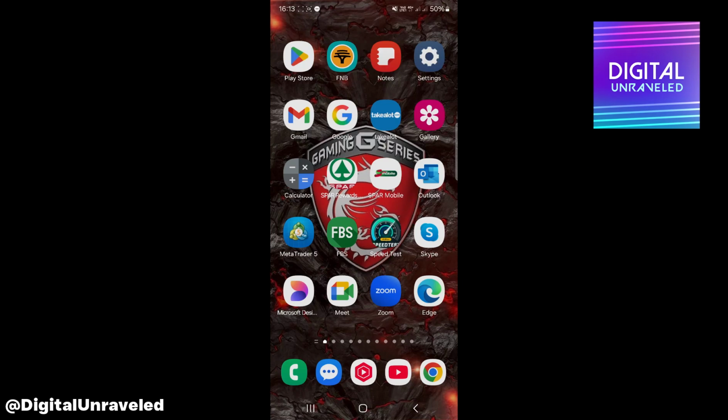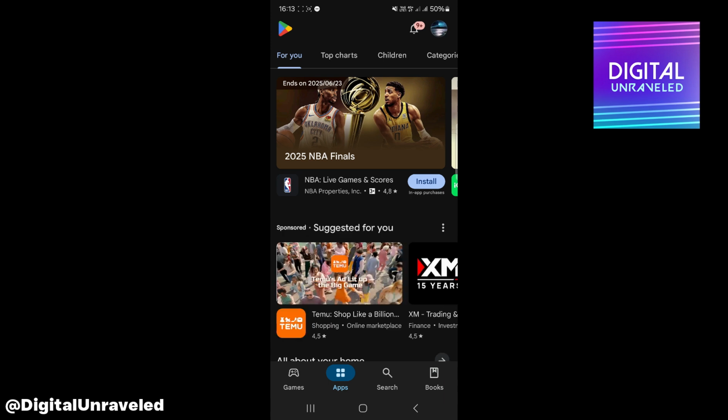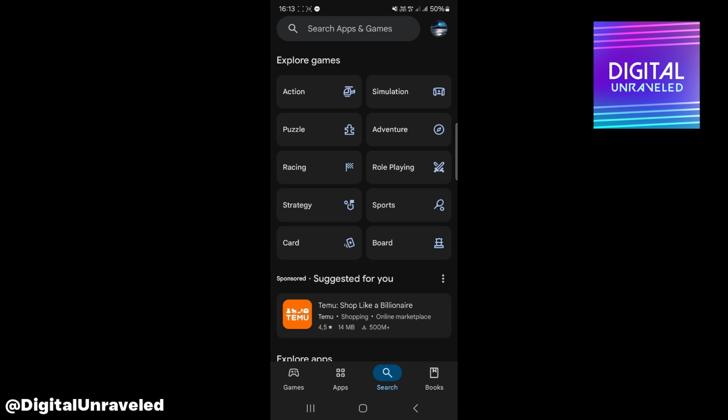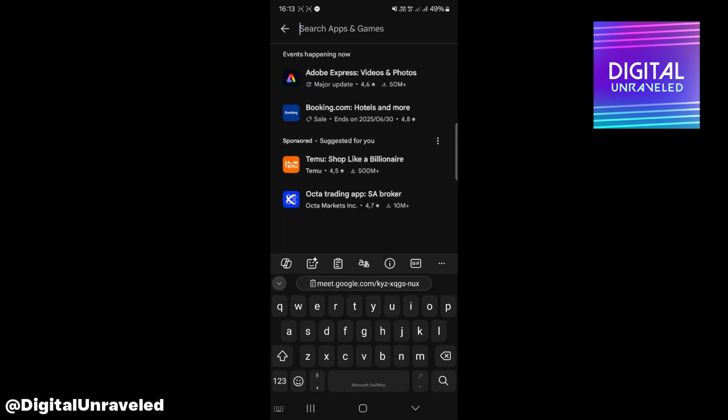In this video, I'm going to be showing you how you can install Google Meet on your mobile. It's pretty simple. So all you have to do is click onto your Play Store. Okay, once that's loaded, you can see a search button there at the bottom. Tap onto search. Where it says search apps, you just want to type